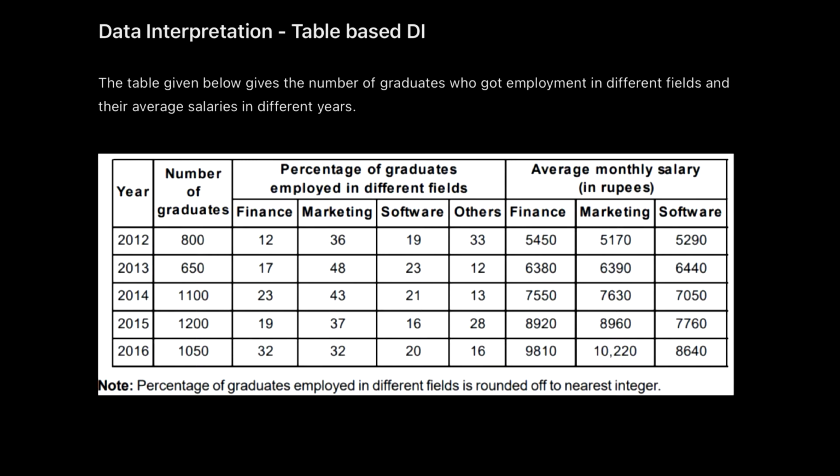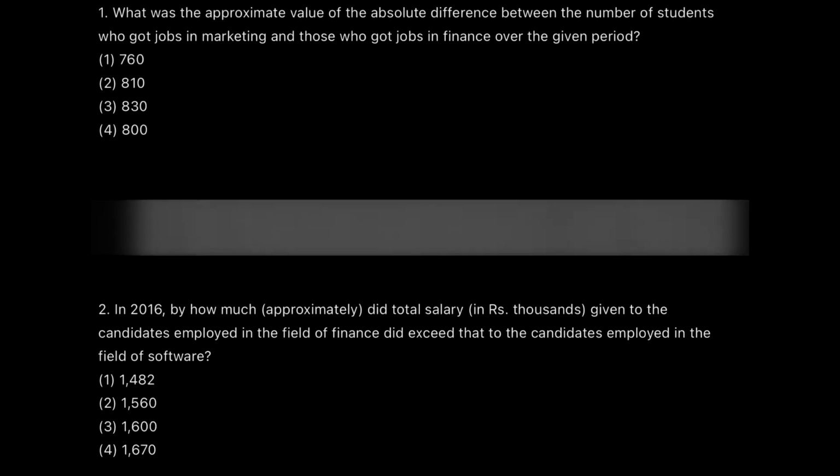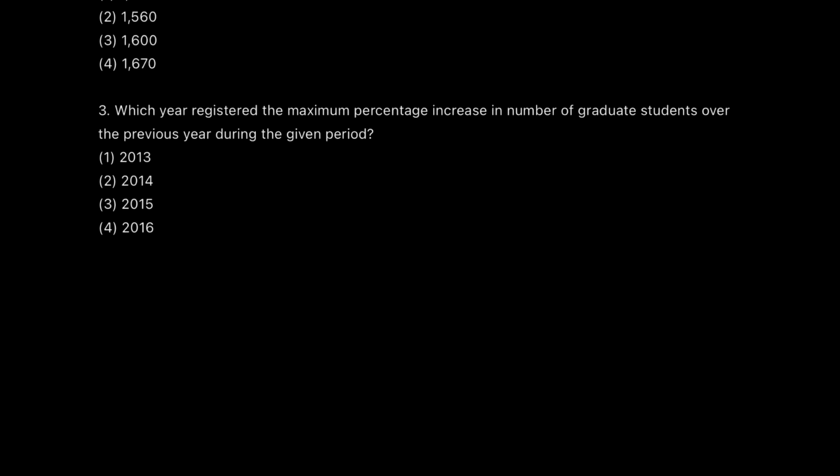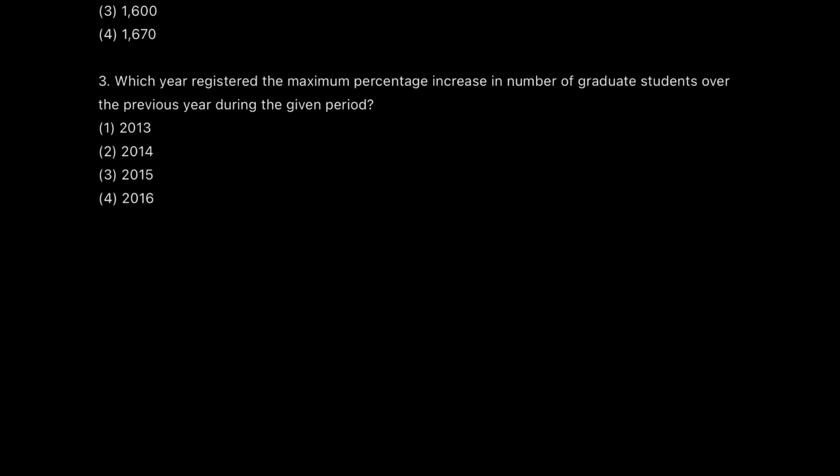Today in this video we will be taking up part 3 of the table based DI question. This question has been done in the previous two videos also, this particular table I mean, and the third question which we are going to solve in this one is related to a bit of percentage increase, the concepts which we have been learning so far. So first let's go and read the question, and after completing the question we would be going up and seeing what data do we need here.